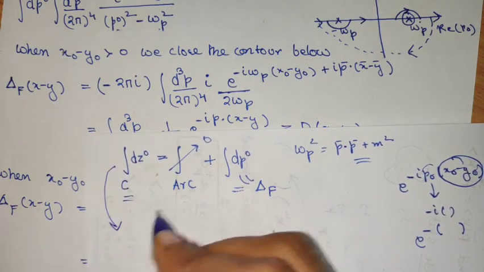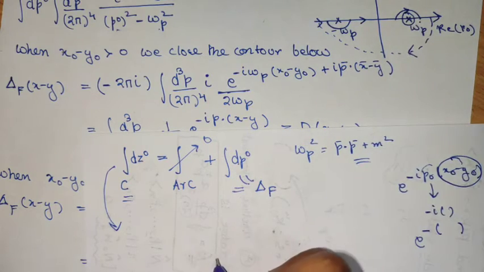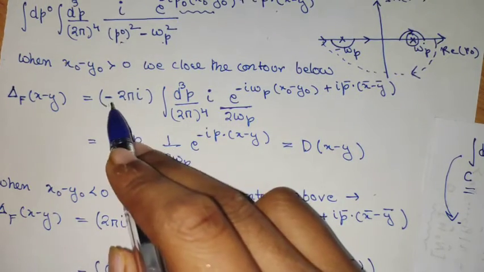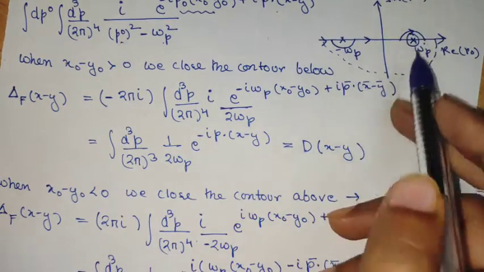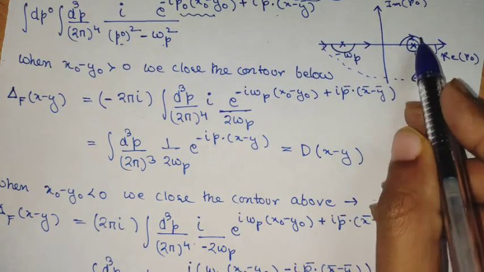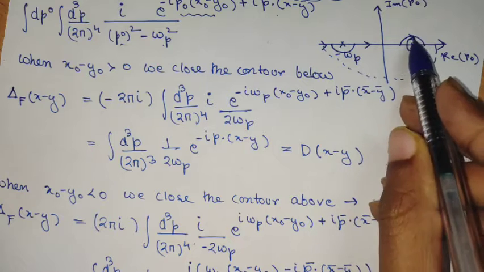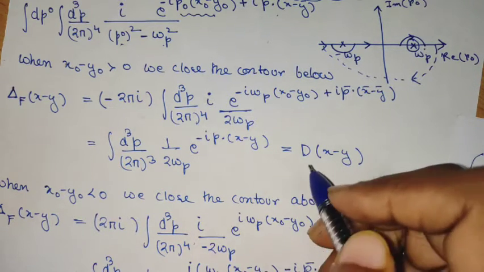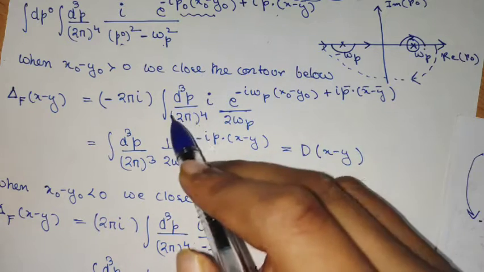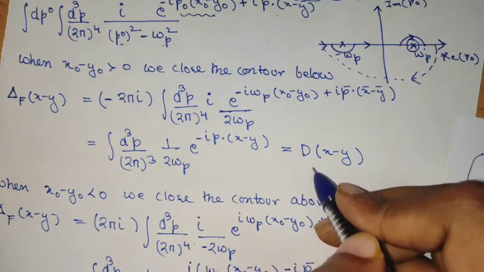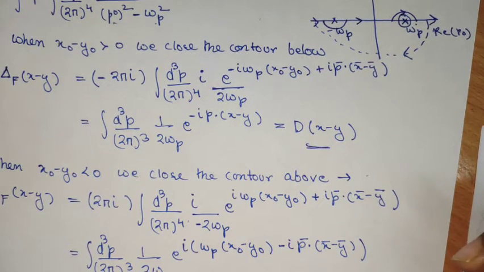And now as there is one pole enclosed, I will use the residue theorem for that pole. So this is the residue theorem. It is 2 pi i. The minus 1 factor means that I am traveling clockwise. And now what we need is to put in the value of this omega p, the pole, and just evaluate. So the evaluation I have shown here. The evaluation will simply lead to this particular integral, that is D(x minus y).